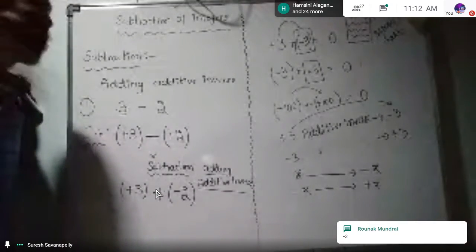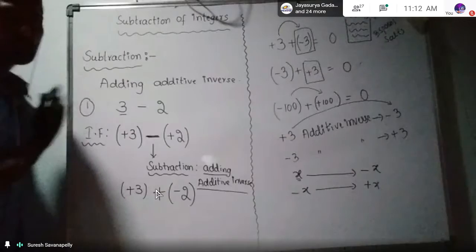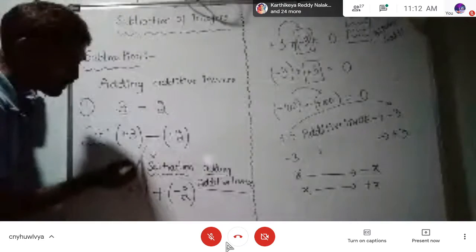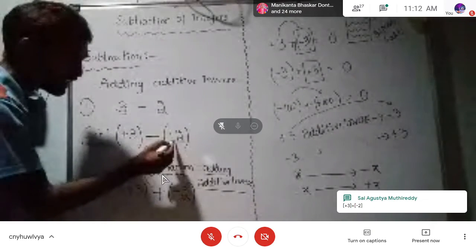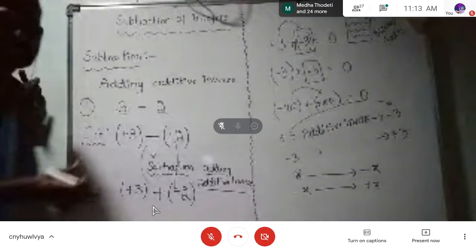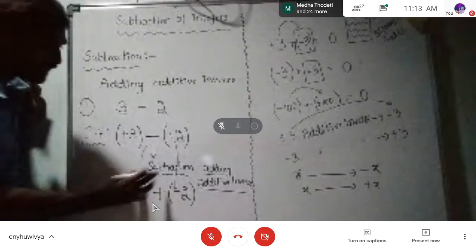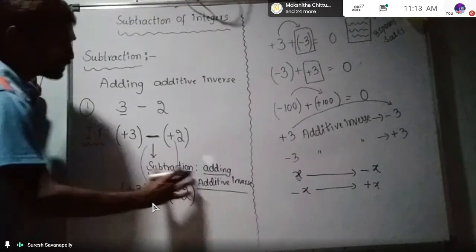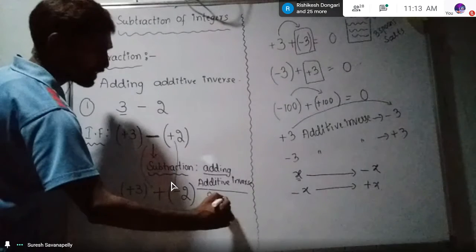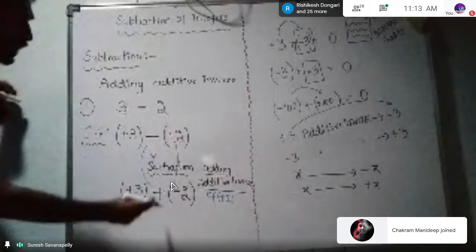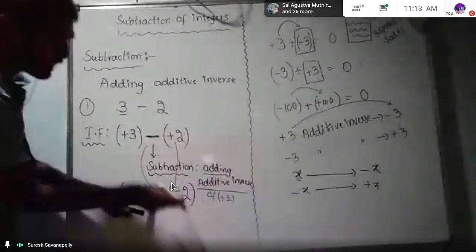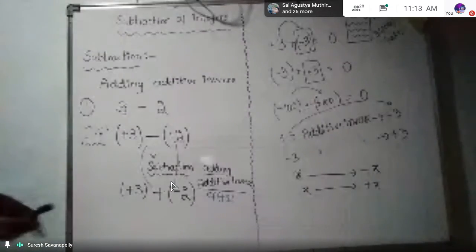So if you observe clearly, whenever we have subtraction, please remember this we should do. Whenever we have subtraction, if it is minus, then we should convert it into plus, and the plus you make into minus. So the signs are changed. But don't understand it only like this, you should understand the complete definition: subtraction means adding the additive inverse of plus 2. Adding means plus. Additive inverse of plus 2 is minus 2. Again it became addition only.